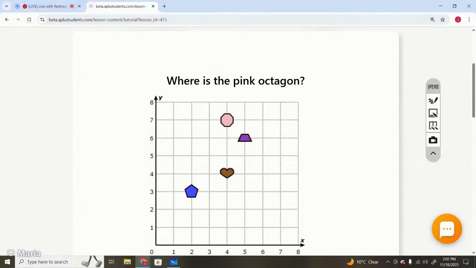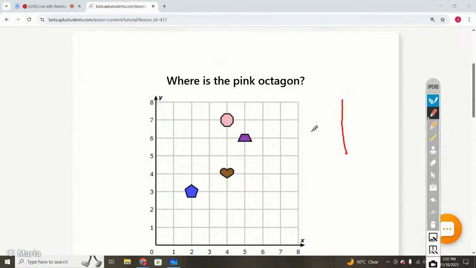A coordinate plane is a two-dimensional grid formed by two perpendicular lines. Which two perpendicular lines? These are the two perpendicular lines. The horizontal axis is the x-axis, this is the origin, and this is the x-axis, and the vertical axis is the y-axis. This is the y-axis, right? It is used to locate and graph points, lines, and other geometric figures using an ordered pair of